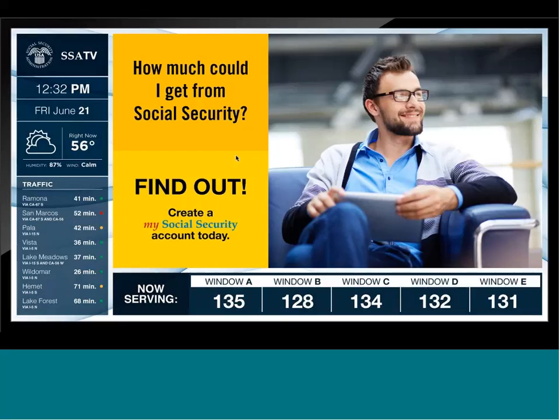So here's another example. We talked about taking a number, something like Social Security or a DMV. These are examples of high constituent traffic in their offices and a solution that can really cater to them. Another example on this template is traffic. You can obviously throw in